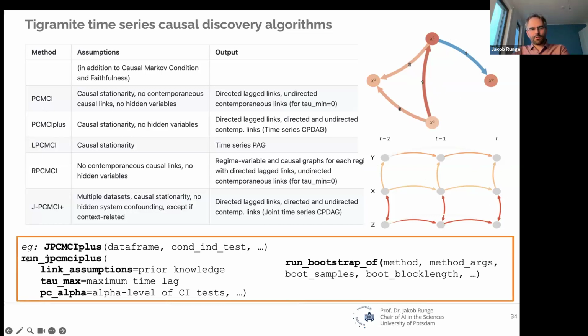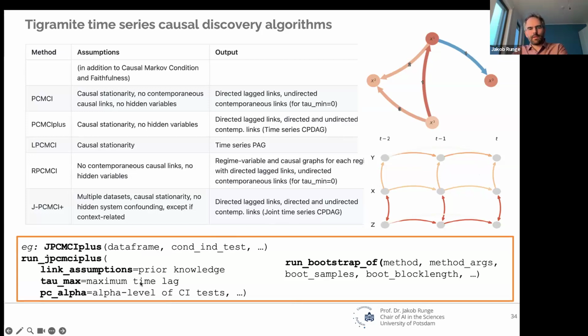And then you just use something like run jpcmci plus. You can put prior assumptions about your graph also as a parameter. So that might be this link must be there. This cannot be removed in the algorithm, or it might be that link is oriented that way if it exists. So it's a bit flexible in terms of adjacencies and orientations. Or you say that this link cannot be there. So your prior knowledge can be quite flexible.